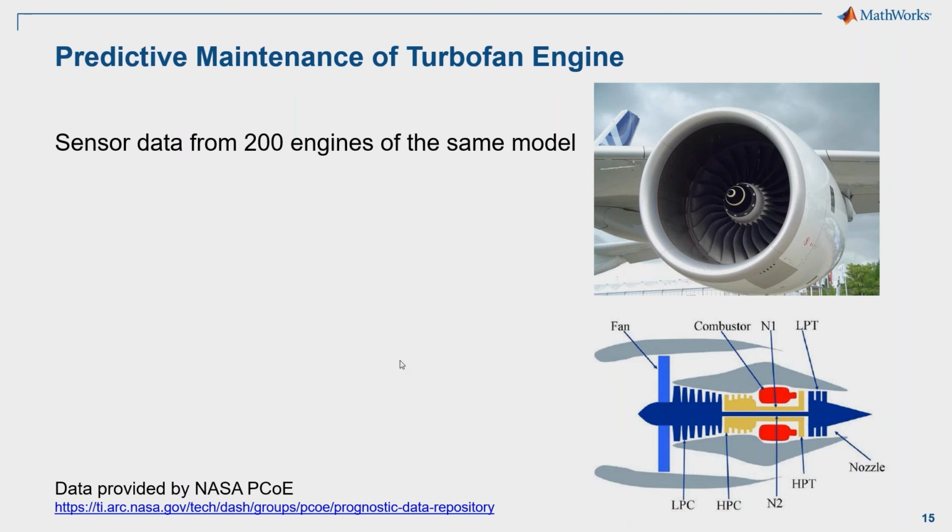Sounds good. All right, so let's move into the remaining useful life estimation, right? We talked about how we could answer what's the current condition of my machine. One potential way we could answer that. Let's try to answer the second question. How long do I have until my machine fails, right? So we're going to use pretty similar data to what we had before. We're going to expand out, right? We're going to use 200 engines this time instead of 100.